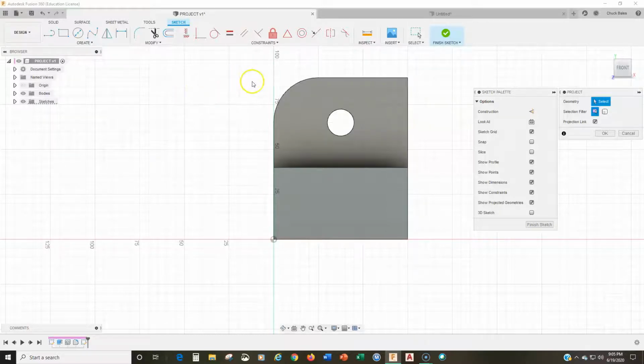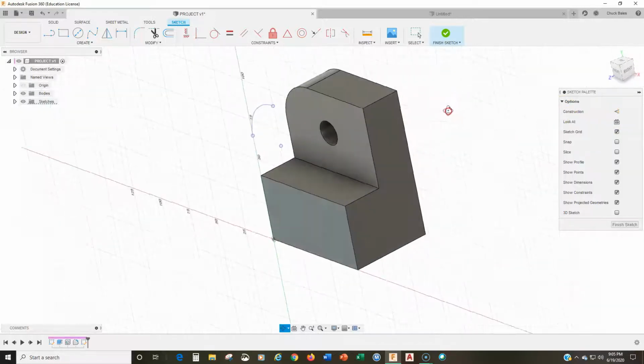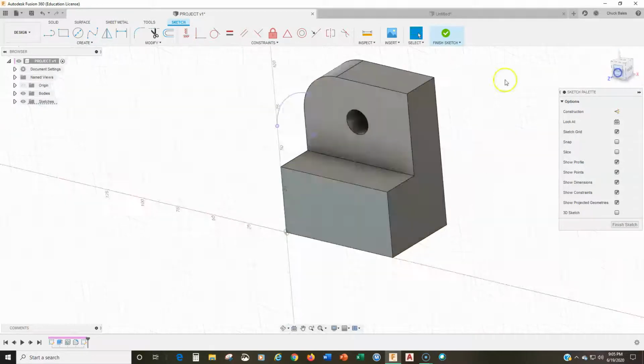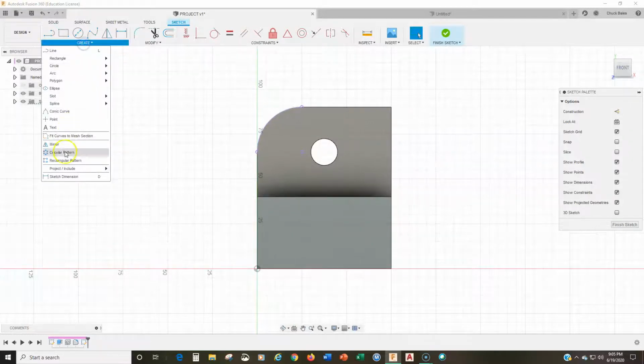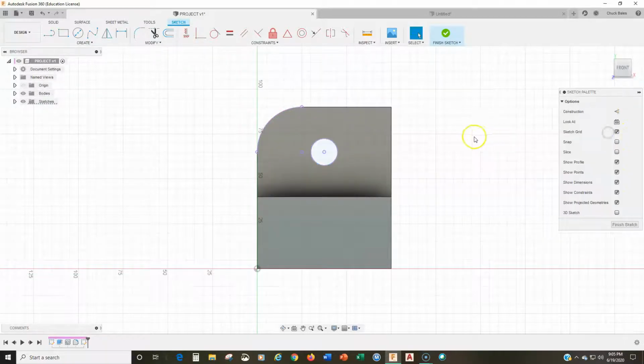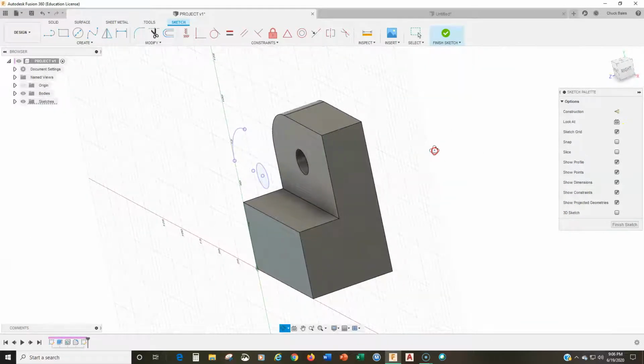So let me take one. We'll project this curve in there. I'm just going to move over this curve and click on it and hit OK, and you can see what happens. It projects this curve onto the sketch plane. So we can continue with that. We can go back to project, and maybe I want this circle or hole to be projected on, so I can click on that and say OK, and it projects that onto that sketch plane. So now I can use it in my new sketch plane. I can reference it, I can dimension to it,